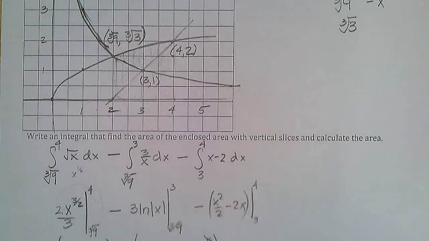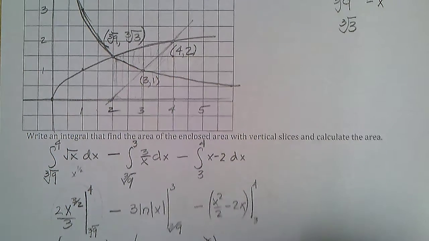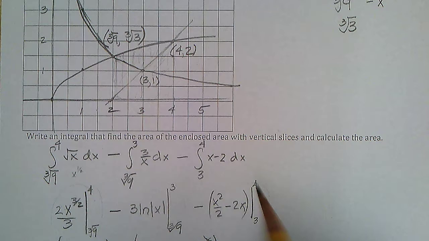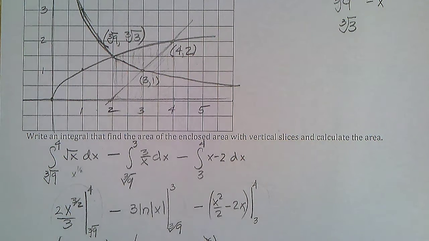So that's just ln of 9. In fact, 9 is 3 squared, so the 2 could come out, and I'd have 3ln 3 minus 2ln 3, which is just ln 3 for all of this,